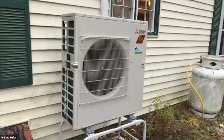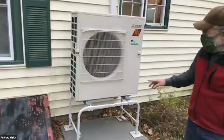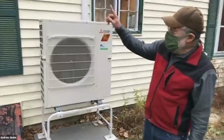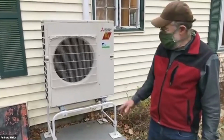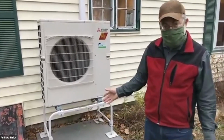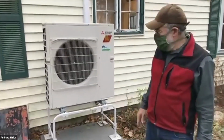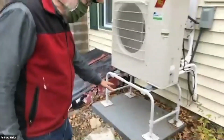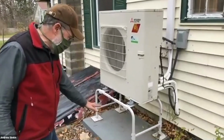And since I turned the heat up in that upstairs bedroom, this is going pretty strongly. It's heating on both the upstairs and downstairs levels, but you can tell I'm standing right next to it, and I think you could probably hear me pretty well without much interference from the condenser. One of the first things they did was to level out some ground, put some gravel down, and then